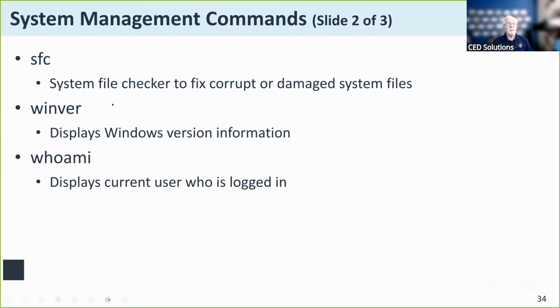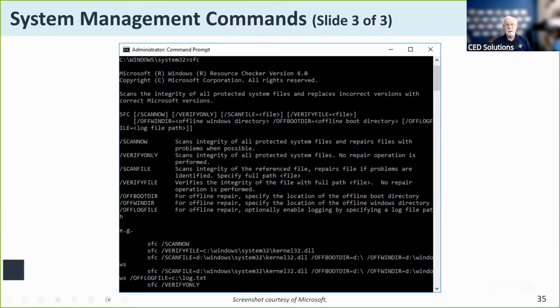So there's my system file checker command. That allows me to reinstall, as it were, any system files that may have been corrupted or damaged or monkeyed with somewhere. So all of these commands here are available as part of your command line interface. You just need to become familiar with how to use the command line interface, how to use the help text, and just get comfortable with many of the commands.